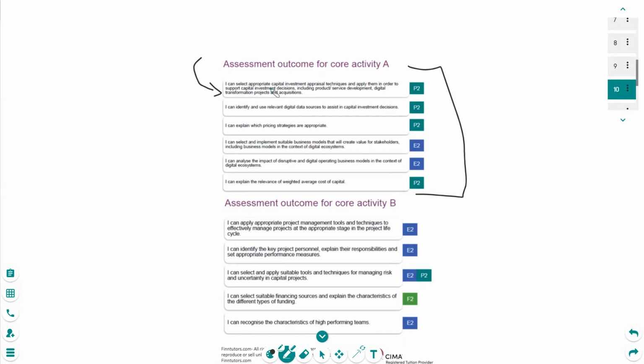So if you go back to your P2 syllabus, that's where you need to gather the knowledge from, so that if they were to ask you in the exam to evaluate capital investment appraisal, or evaluate a table given to you which has different appraisal techniques mentioned, you can use your knowledge derived from the P2 syllabus, but with the help of these broken down I can statements.